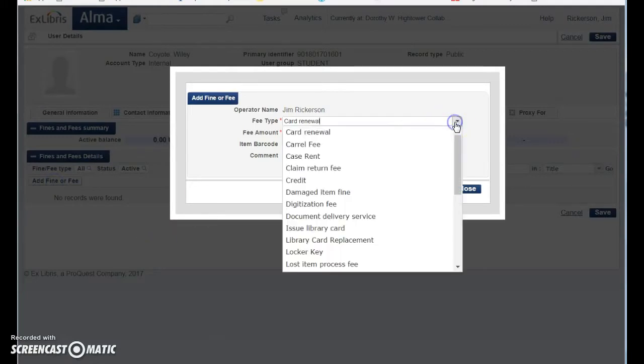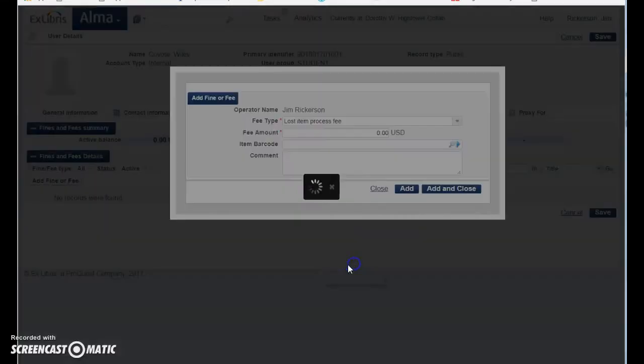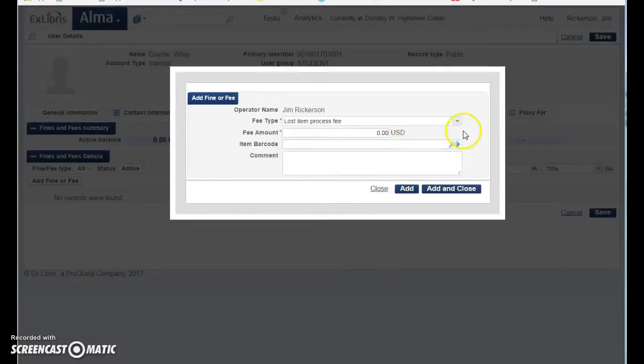So we could go and add a damaged item fine or a lost item process fee, for example. So you would select from this list, which is configurable, and then you can manually enter a price, and then you would want to scan the item barcode,